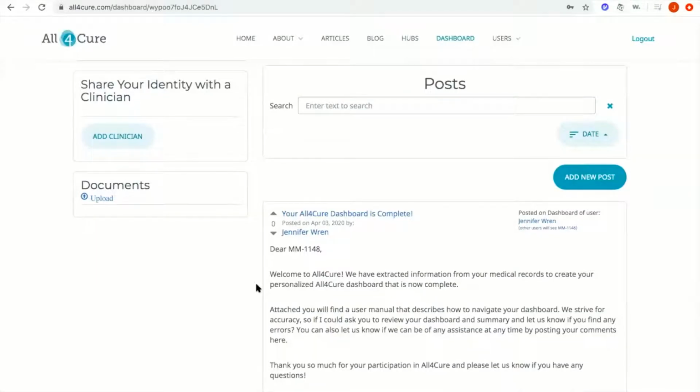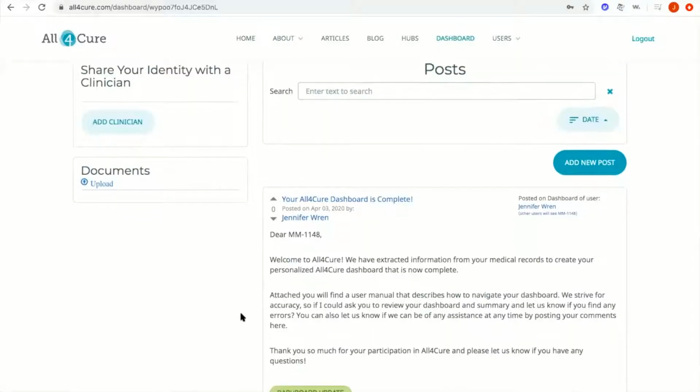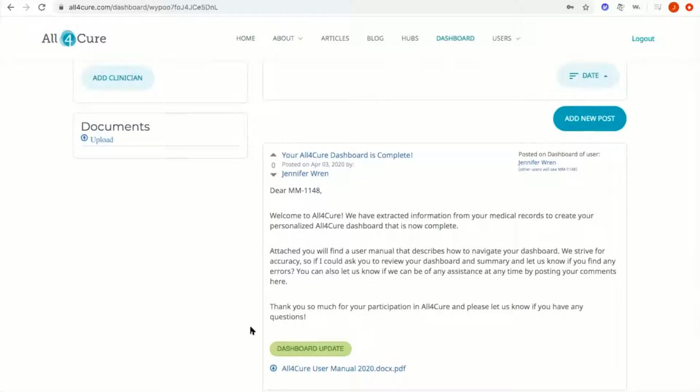The rest of your page is a place for posts. When our staff completes your dashboard, we will post a welcome post that you can see an example of here. Attached to it is a user manual, which is helpful to refer back to if you have any questions about